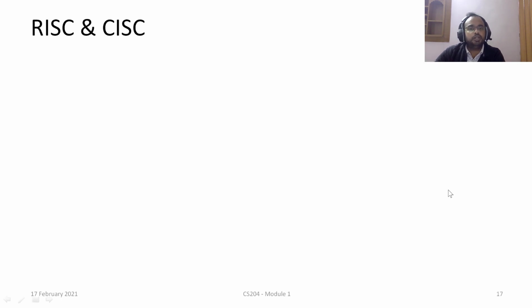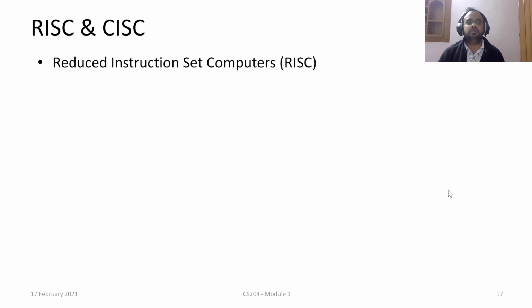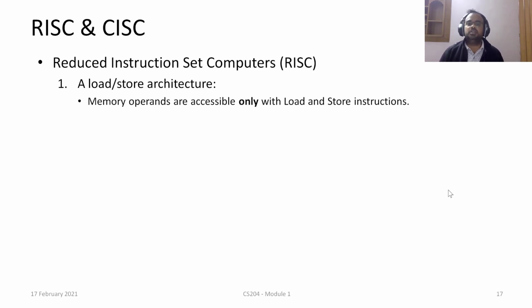Moving on, there are two different types of ISAs, RISC and CISC. RISC stands for Reduced Instruction Set Computers, and CISC stands for Complex Instruction Set Computers. Now, as the name says, Reduced Instruction Set Computers have very simple instructions. It follows the load-store architecture. What it means is the memory operands are accessible only through some specialized instructions which are called load and store instructions. Either we can load the data from memory or we can store the data to the memory